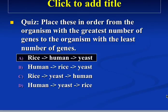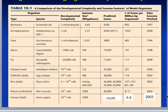So another quick quiz question. This one was to ask which organism has the greatest number of genes, from the organism with the greatest to the organism with the least. And the answer for this particular quiz is that rice has more genes than humans, and we have more genes than yeast. It wasn't always thought to be so. The initial supposition was that humans would have the largest number of genes. And so way back in the early 2000s, it was thought that humans might have as much as 100,000 different genes based upon the fact that they'd already sequenced the